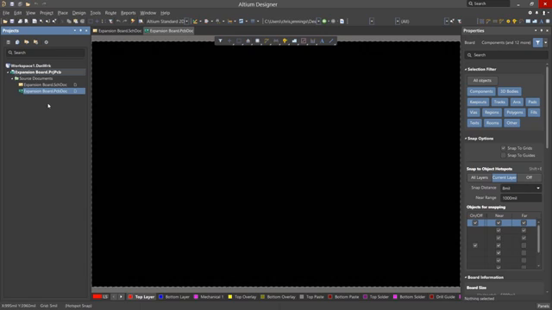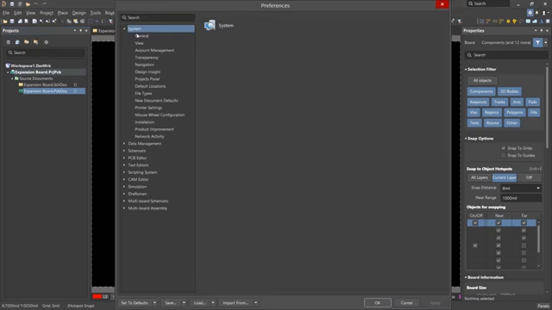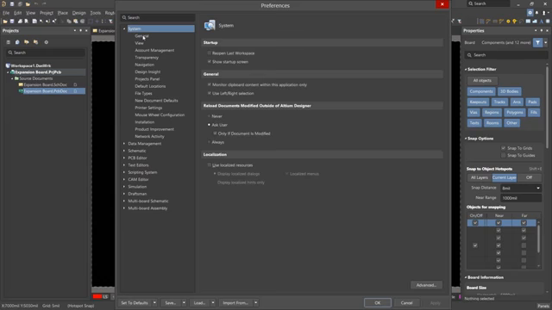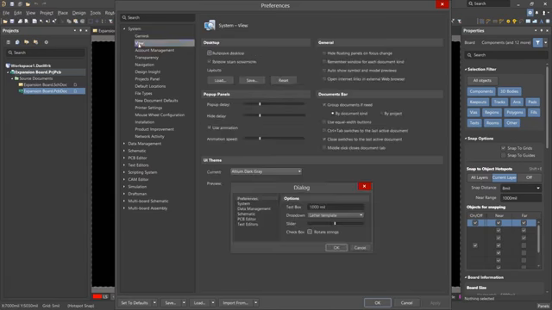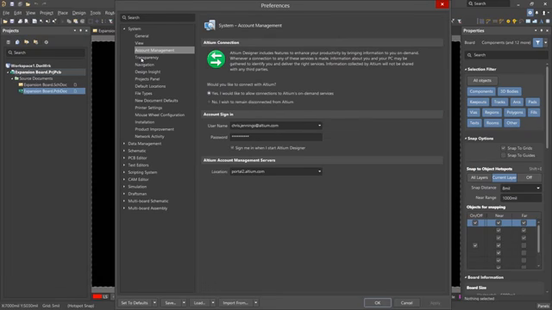We need to briefly discuss the role of preferences in Altium Designer. Clicking on the icon that looks like a gear opens up the Preferences window. The preferences are stored in the local machine independent of projects, and they drive the tool's operation and options. At the System tab, we see a number of sub-entries. We will not cover this particular tab in detail,